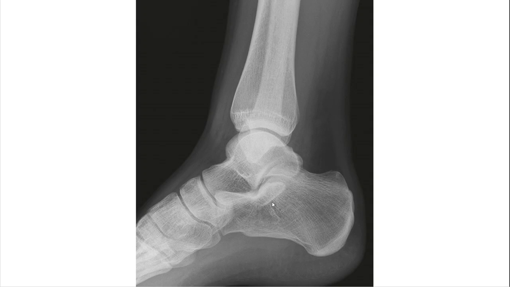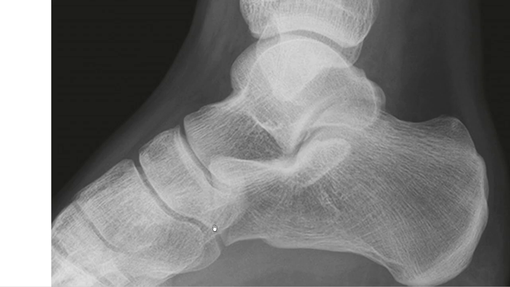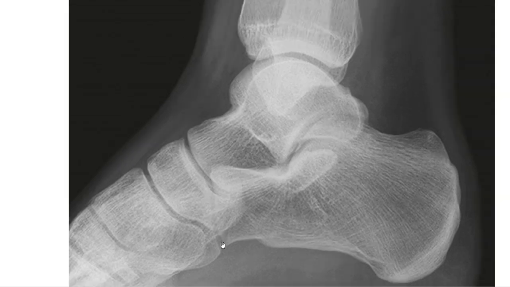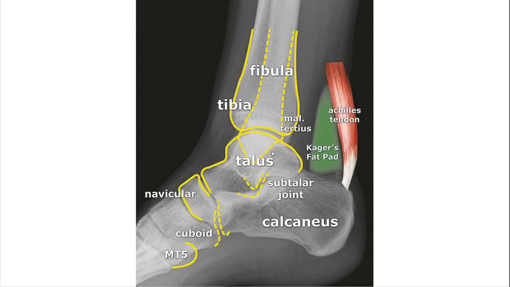This bony prominence is the sustentaculum tali, right? And you can see the shadow of the calcaneum very clearly, the anterior end of the calcaneum. Which bone articulates anteriorly with the calcaneum? The cuboid bone. So the calcaneo-cuboid joint cavity you can see very clearly here. If I zoom in a bit, this is the cavity of the calcaneo-cuboid joint. Right now we see a labeled view of this X-ray. So tibia, fibula, you can see the lateral malleolus here.